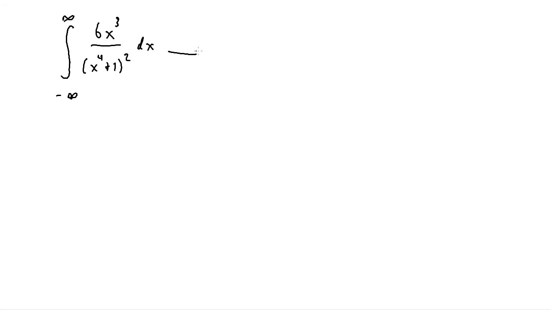So the very first thing we have to do when there's a negative infinity and an infinity is split them up. So I can rewrite this as the integral. I'm going to take the bottom bound and put it on the bottom of the new integral, and then I'll put 0 at the top bound, because we know 0 is between negative infinity and infinity, of the same function, 6x cubed over (x to the 4th plus 1) squared,